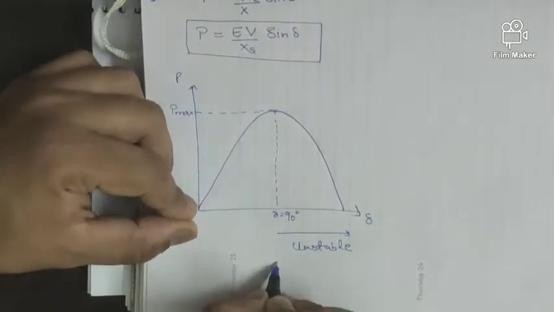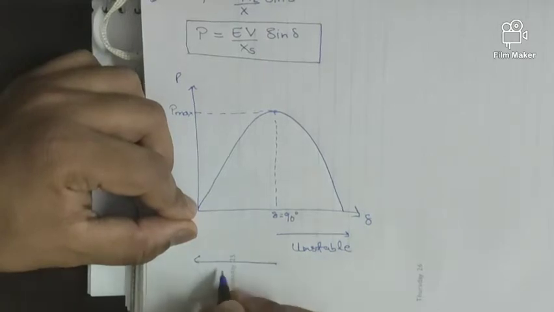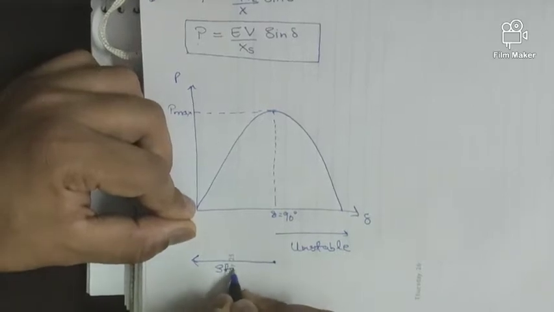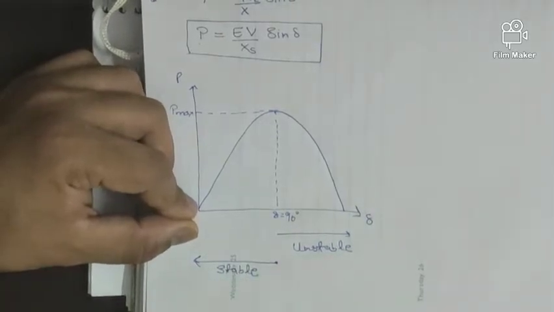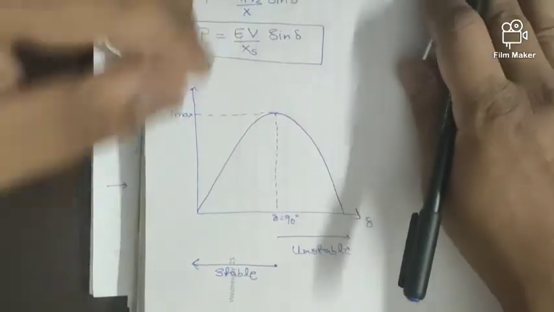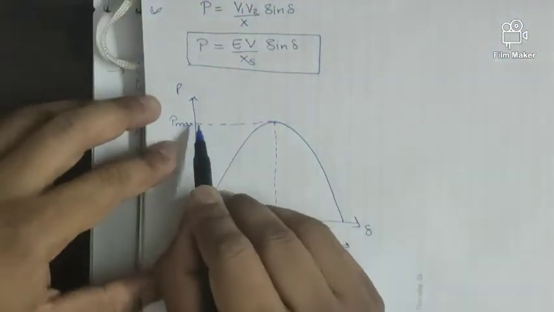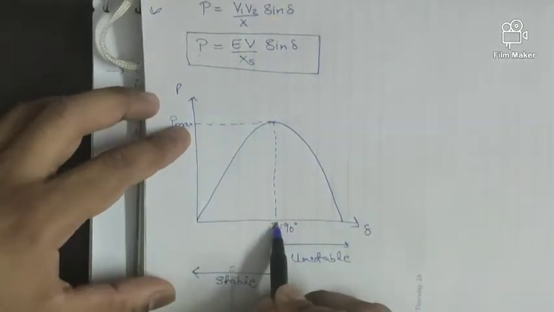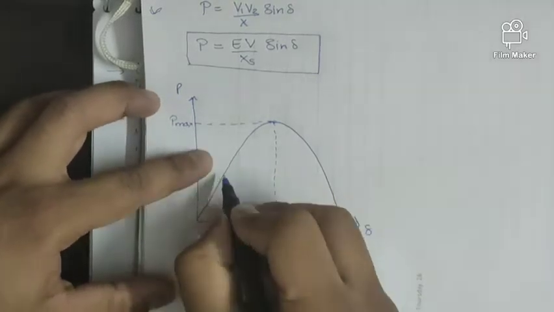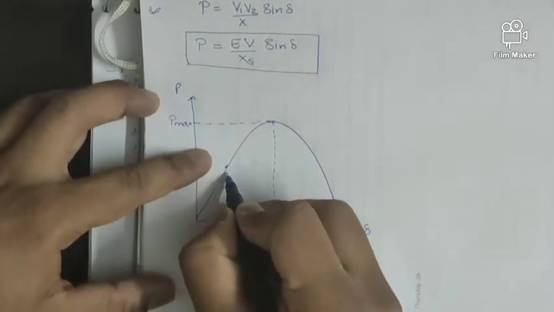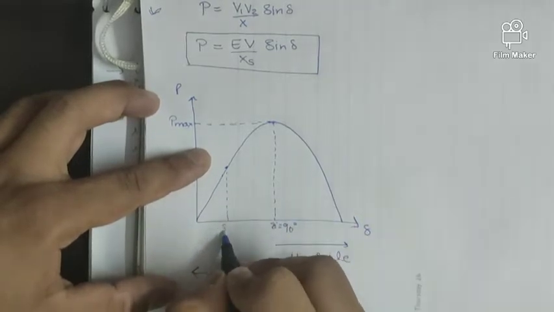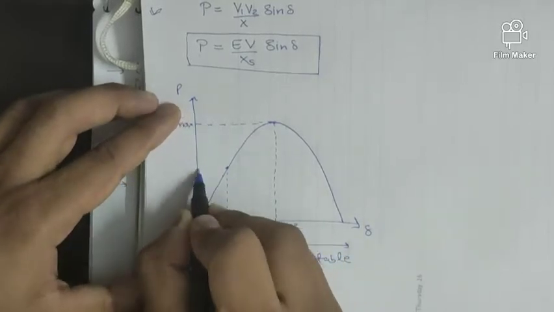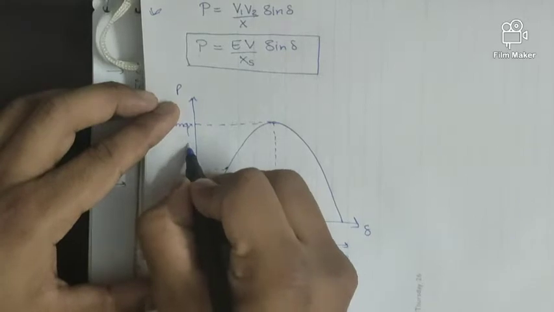So in order to achieve stable operation or steady state operation, we need to operate this machine below 90 degree. Below 90 degree we will get stable operation. From this curve we can see that even though we are getting maximum power output at delta equal to 90 degree, we do not operate this machine at delta equal to 90 degree. We operate this machine at delta less than 90 degree. So let's say we are operating this machine at delta equal to 60 degree. We have to compromise with this much amount of electrical output